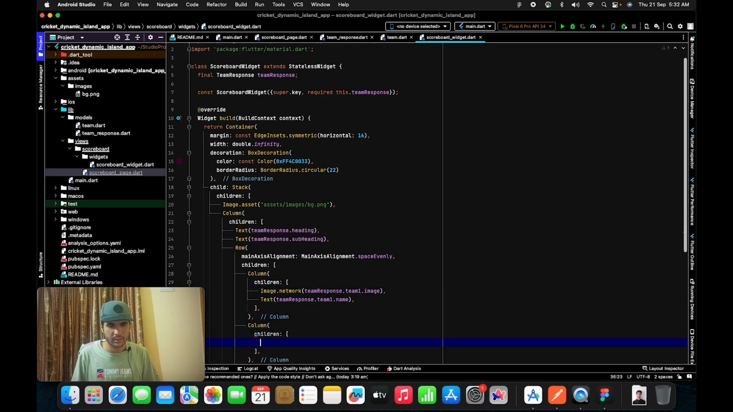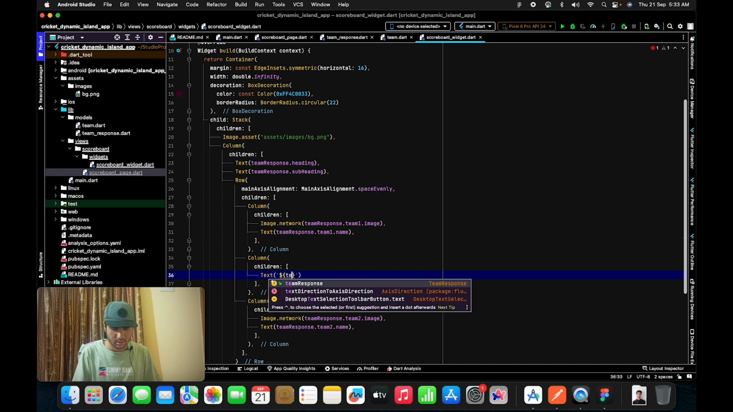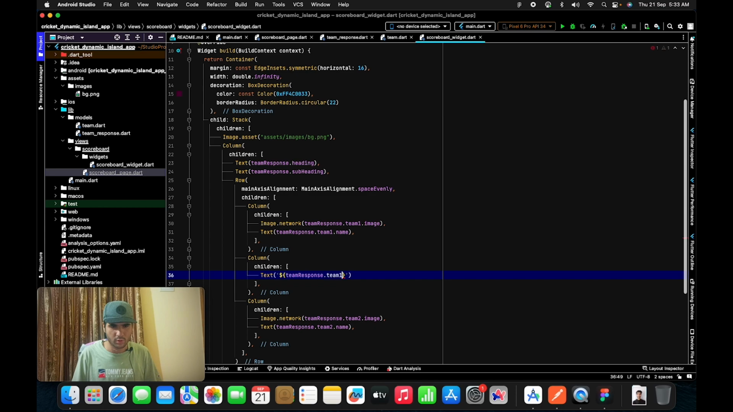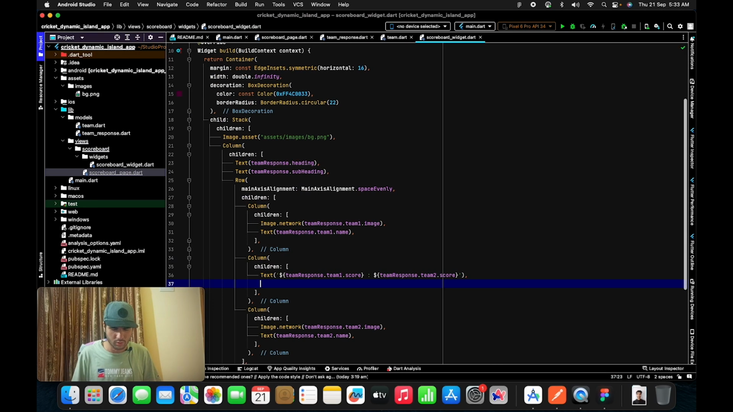and the center column will basically represent the text. Here we will be showing teamResponse.team1.score, and after that team2 score, right? So team1 and team2 score, and after that